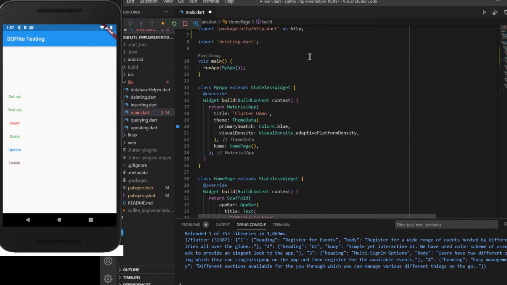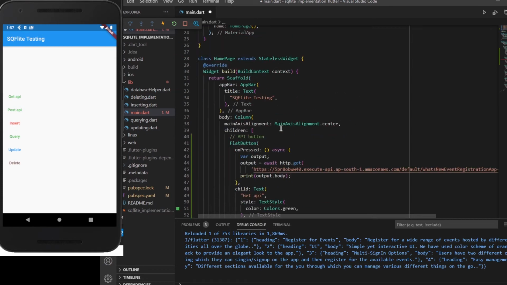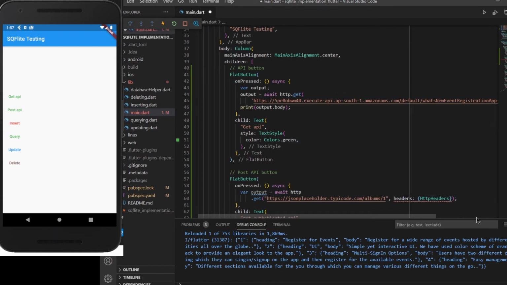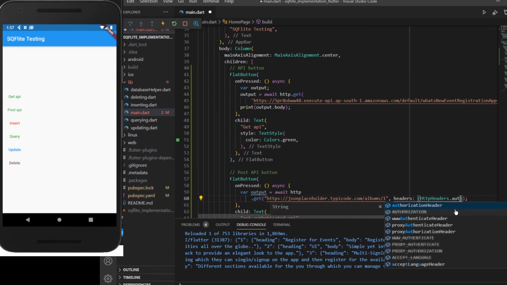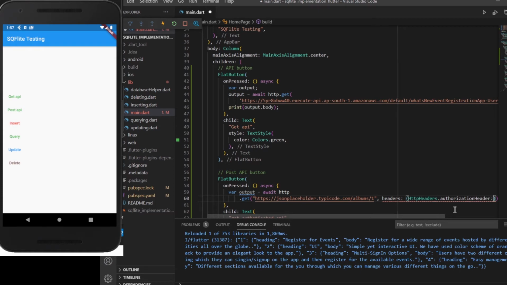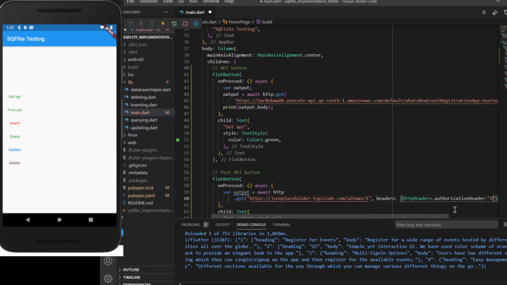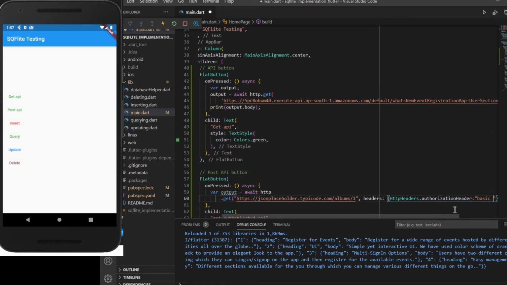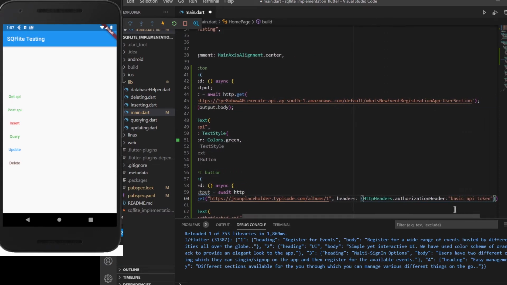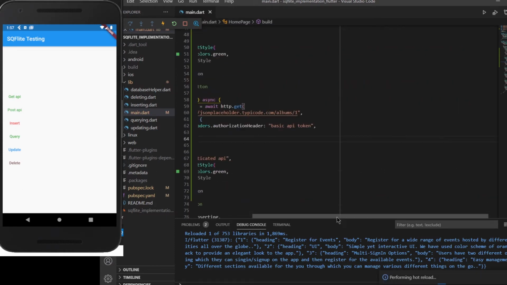I guess I need to import dart.io first. Let me do it. Yeah, so here it is, headers dot authorization header, and inside it you can pass whatever you want. So currently I am typing basic API token. So in place of basic API token you can pass your token,